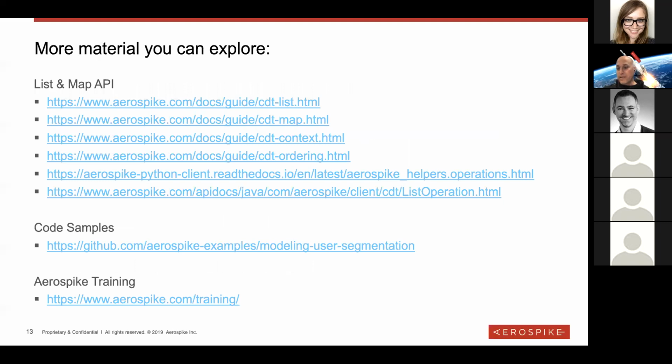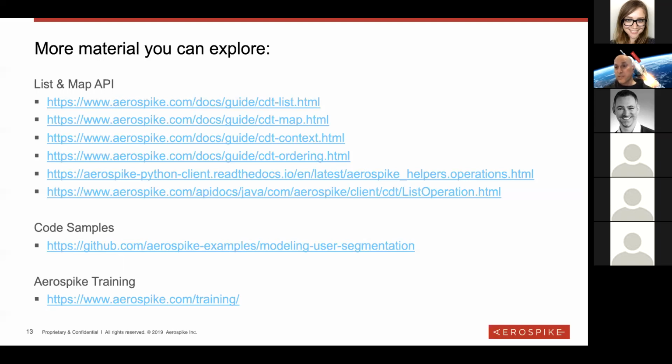So just a quick round of links. All this exists in Aerospike's docs, and I have links here. We will post later the link to the Python client, to the generic operation documentation, with an explanation of how we do these comparisons to find order in a value, because, if you remember, we're not really using the TTL as an integer, we're using it as an integer that is the first position of a list.